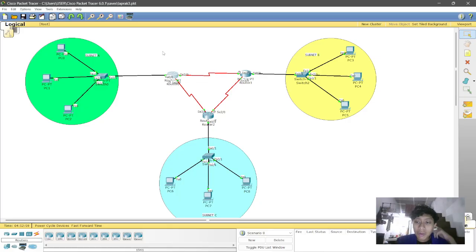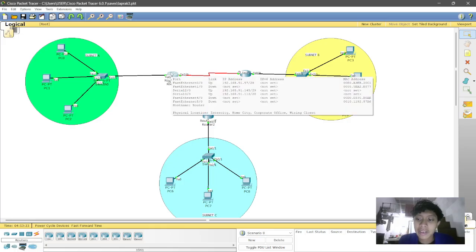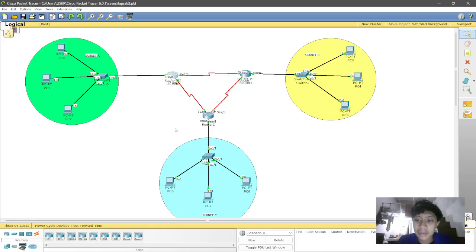Okay. For the second step, the IP configuration according to the topology. Before configuring routing, the first step is assigning the IP address to all devices based on the VLSM calculation. For each LAN, the first usable IP address is assigned to router interface as the default gateway, and the next available IP address is assigned to the next PC in that LAN.